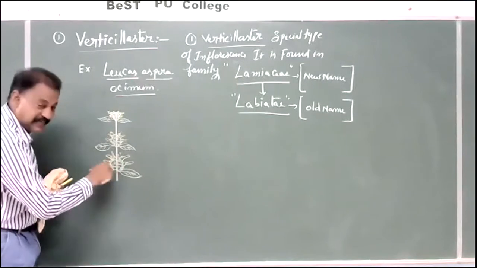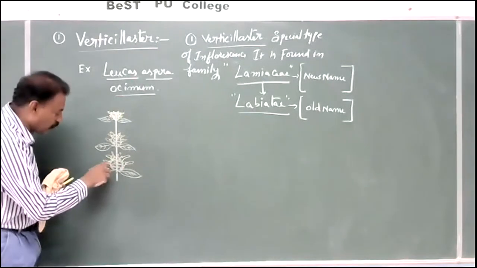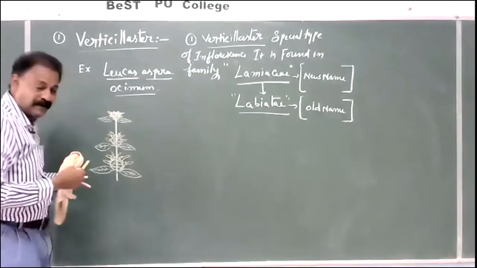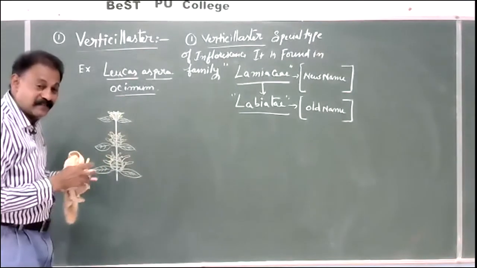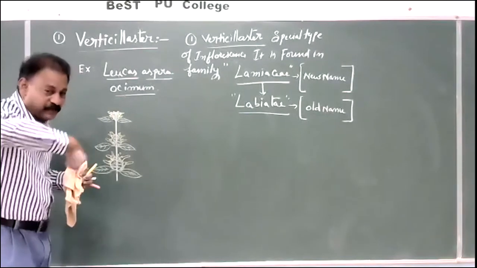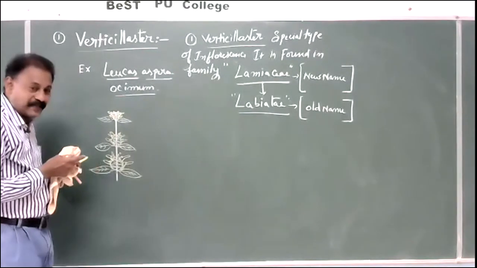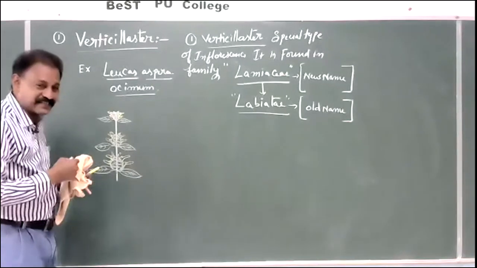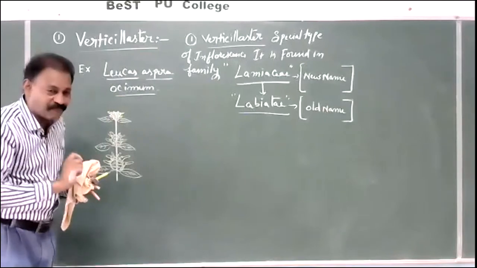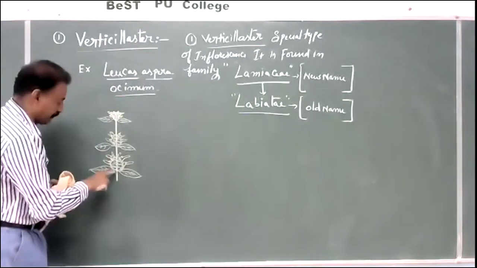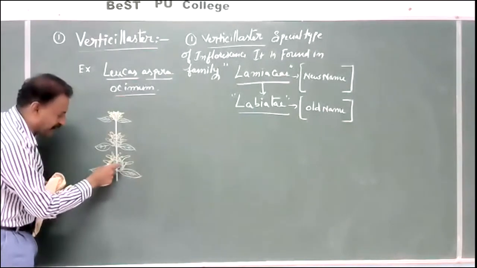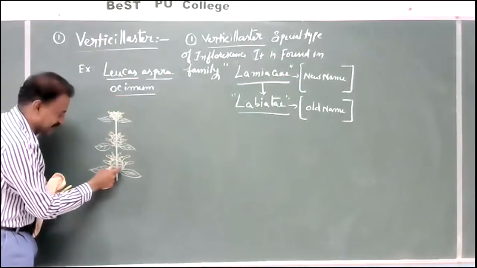A knob-like, green colored structure where so many small flowers are crowded in the form of a whorl, but it is not a true whorl, it is a false whorl. Whorl means completely surrounded, but this is not completely surrounding, a false whorl-like structure. That's why the name verticil. Verticil means false whorl-shaped. At every node, a pair of leaves and so many small flowers arise.